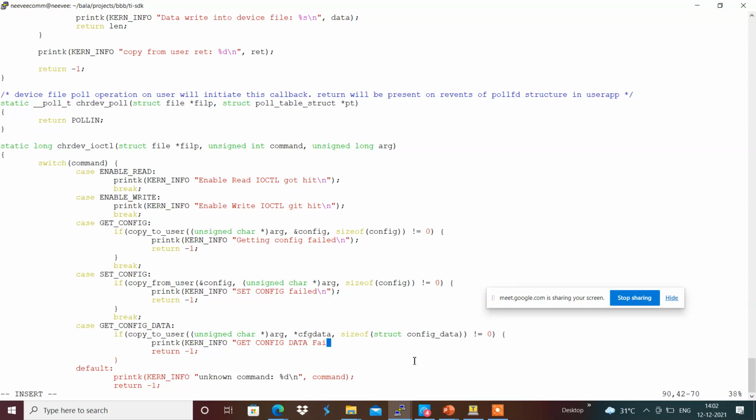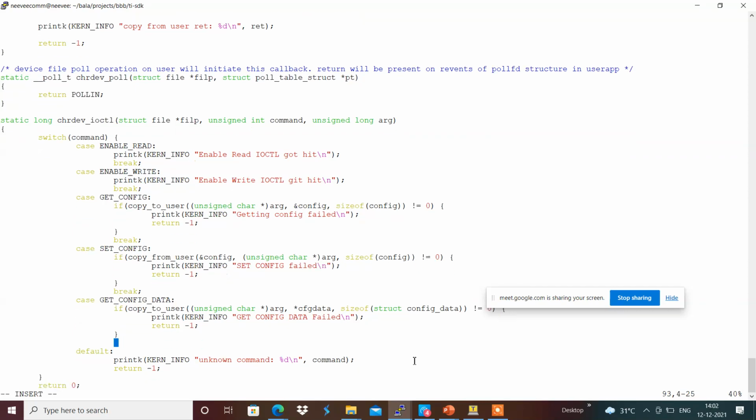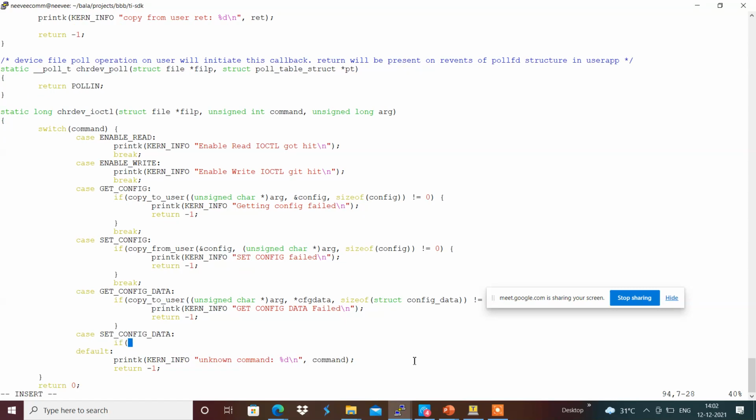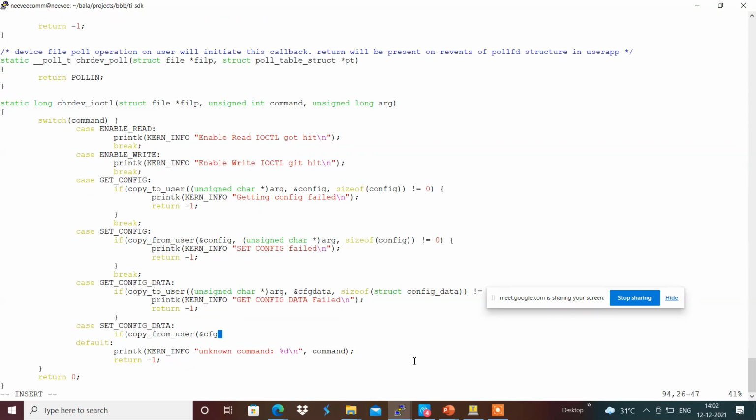Then we will be using if copy_from_user on the kernel space, and we will be having CFG data, comma, unsigned character star argument, then size of struct config_data.